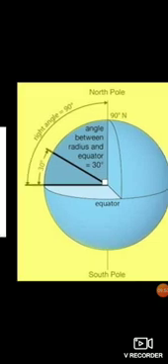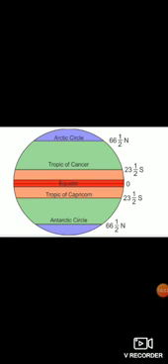Now, there are some important parallels of latitude that we need to learn about. We have actually learnt about all these in the 5th standard, but please go through the video to remember it better. Now, what are the 4 important parallels of latitude that we learnt about? The Tropic of Cancer, which is in the northern hemisphere. Can you see that it is at 23.5 degree north? There is an error in the diagram. It is not S, it has to be north, N. So, Tropic of Cancer lies to the north of the equator at 23.5 degree north in the northern hemisphere.